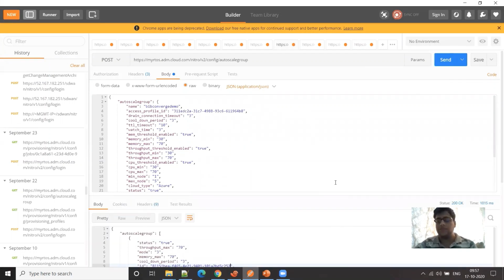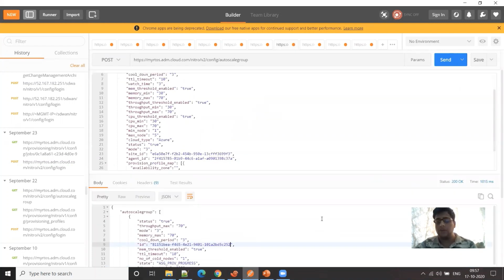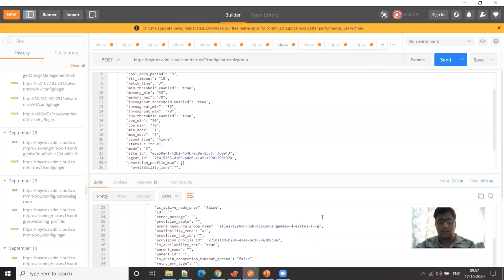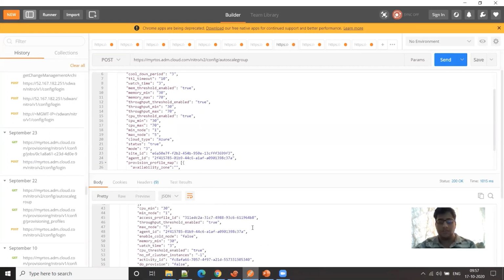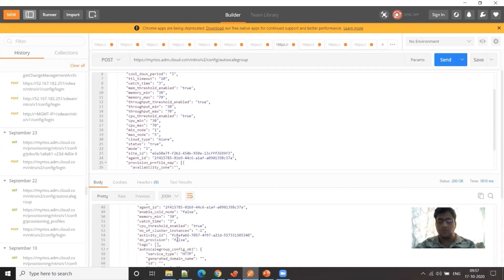So what we see here is we have already fired the POST API call, and in response we'll get one activity ID. Just like the ADM agent, the ADM service will try to deploy instances in Citrix Cloud for us. We will track the deployment of the AutoScale group using this activity ID. Since again it may take a couple of minutes, we'll continue to track this deployment using this activity ID.